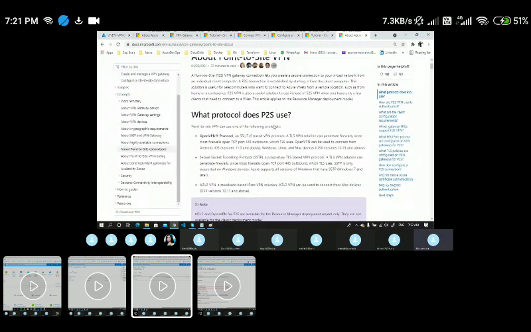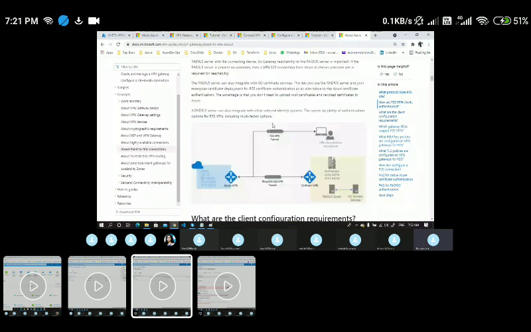So why do we use point to site? Let me quickly walk you through. This point to site connection will be established from a specific server or a specific client. Let's say if you wanted to connect to the Azure network from your laptop in a private mode, we can set up this particular point to site connection.